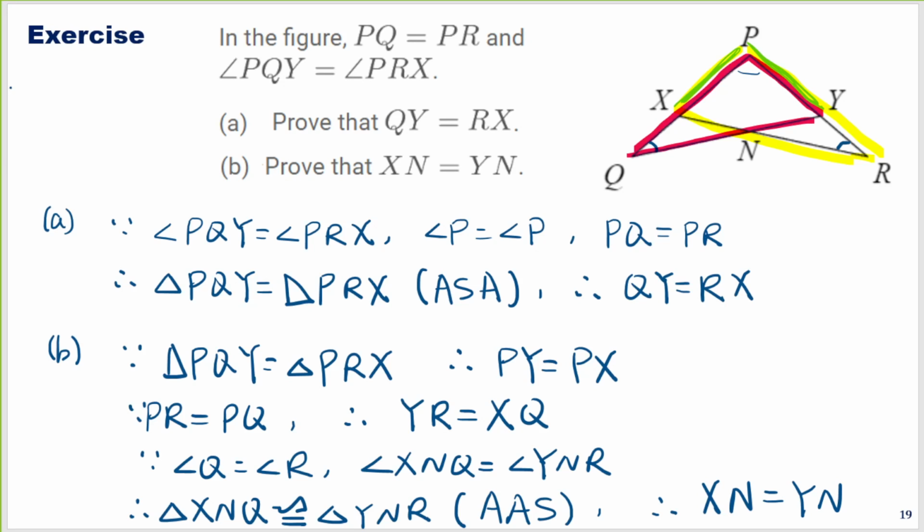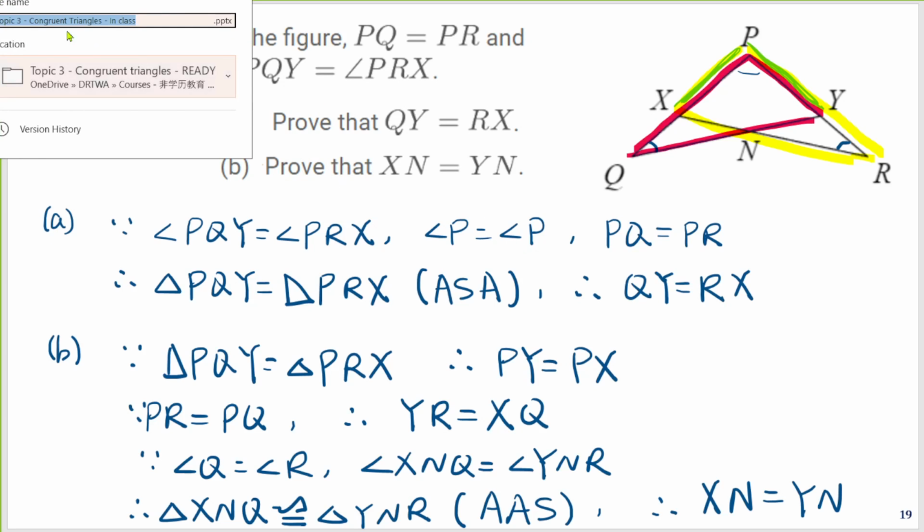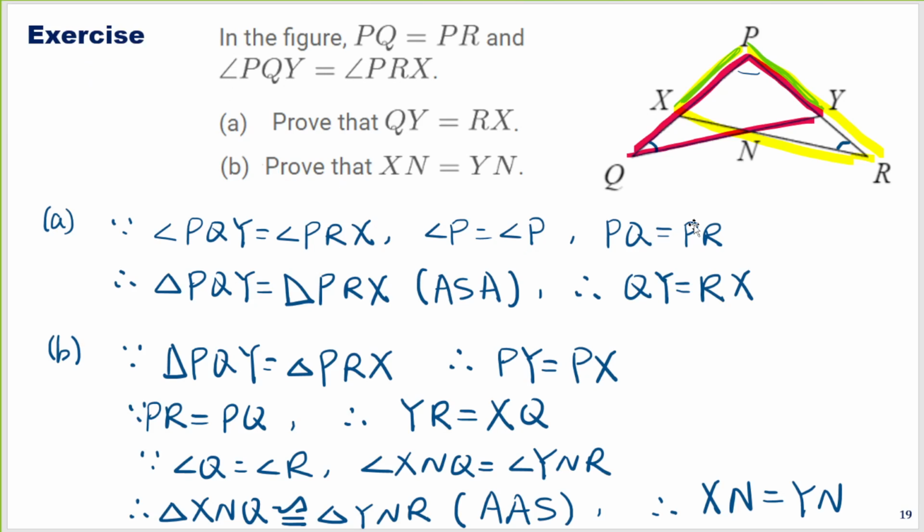Okay, have a look at the solution here. Any questions, just let me know, okay? I'm in class. Okay, if you have no questions, let's have a look at a summary of